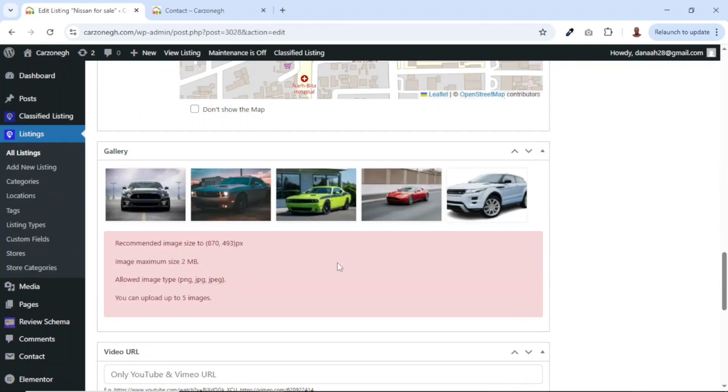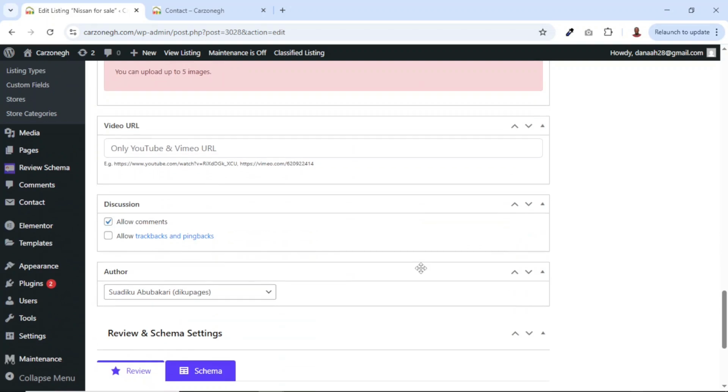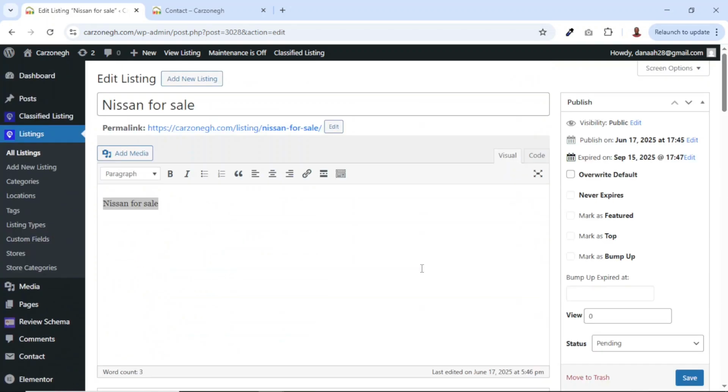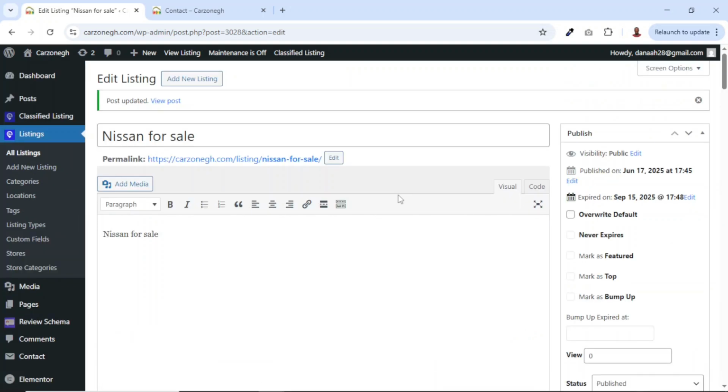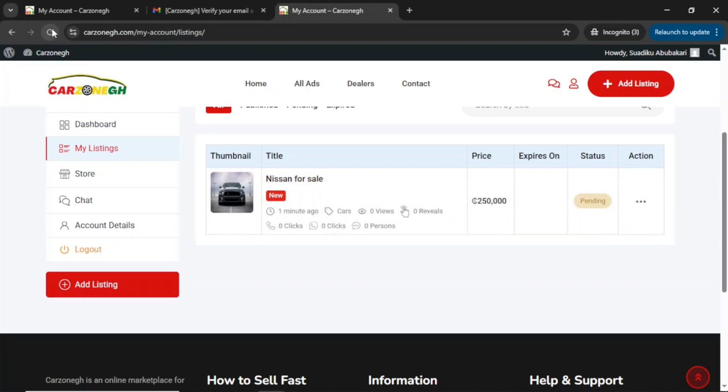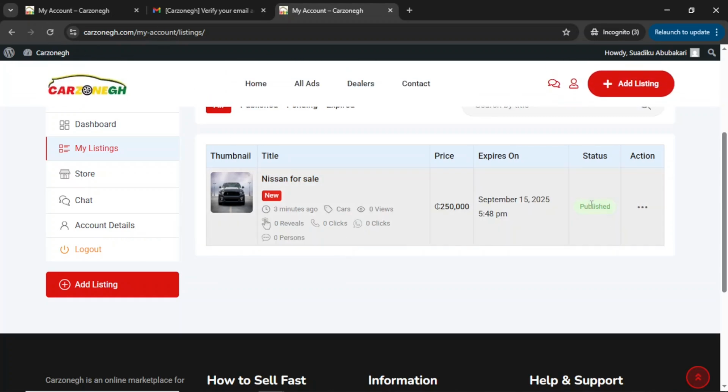I can remove an image that is violating my terms and conditions. Everything is set. I come up here, then I set to publish. Then I go ahead and click on save. Now if I go to the client's account and refresh the page, it will now set to publish. If I go to the home page,